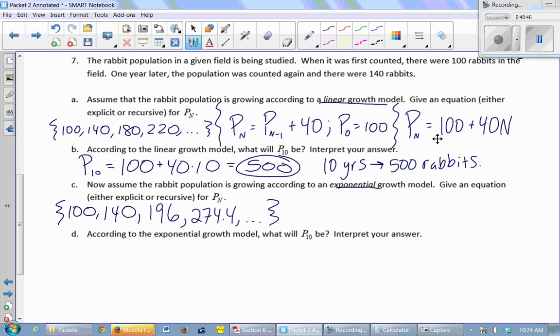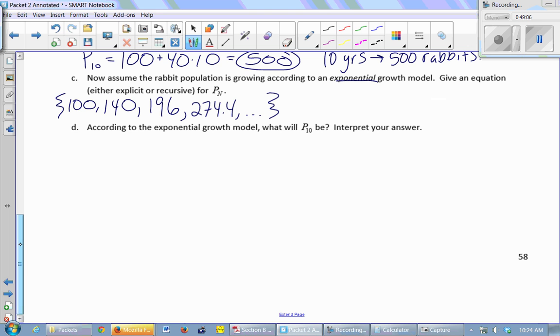So I have the same two numbers in the beginning, 100 and 140, but the rule that governed how I got from 100 to 140 is different. Instead of adding 40, I got there by multiplying by 1.4. Okay, so addition, linear growth; multiplication, exponential growth. So now I'm going to try to write formulas for this list. Pn equals, if I want to write a recursive formula, I would say each number in the list is the number before it